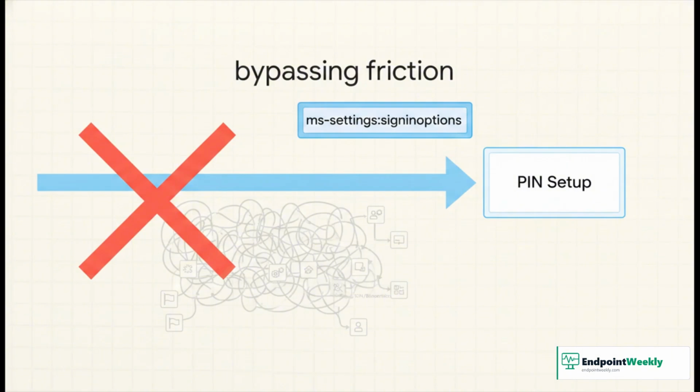For the directors and CEOs tuning in, this is where the return on investment actually happens. When the remediation script runs, it doesn't just pop up some scary, generic error message. It shows a clear, friendly prompt that explains exactly what needs to happen. And then, it automatically executes a specific URI, ms-settings:signinoptions, which drops the user directly into the exact PIN setup